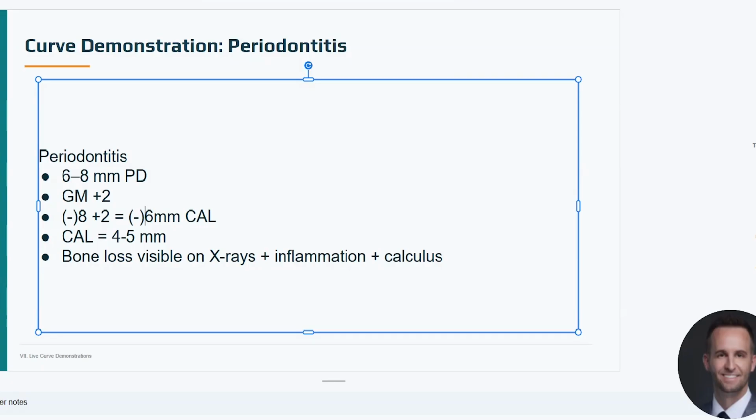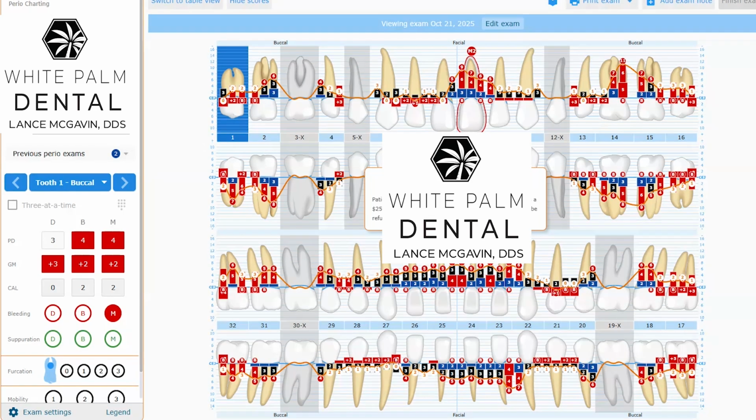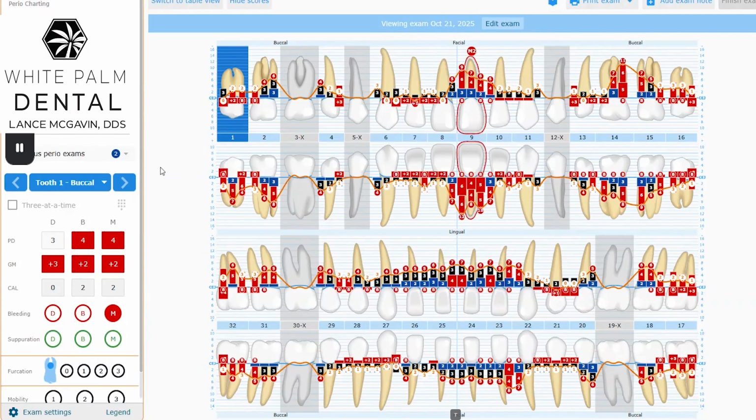If they started at 1, they've probably lost 4 to 5 millimeters of attachment. And so on the x-rays, what we're going to see is considerable bone loss. We're going to probably see inflammation, and we're going to see calculus on this patient. So let's go see an example of this. Okay, so